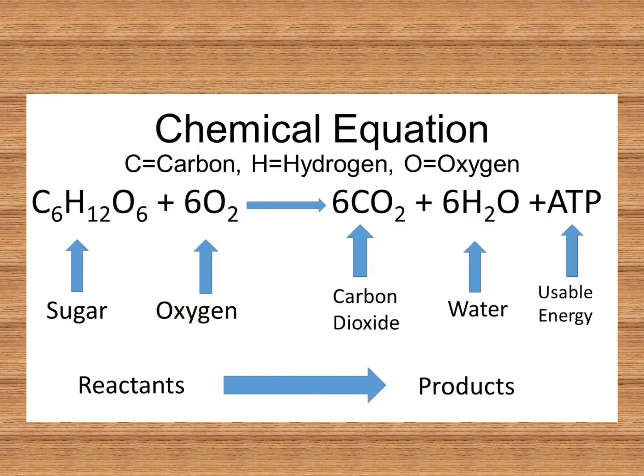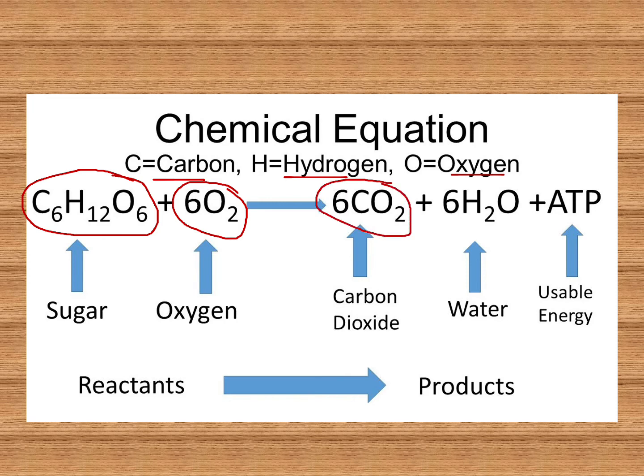So let's go into a little more detail into the chemical reaction of aerobic respiration. Each and every symbol is mentioned here, children. C means carbon, H means hydrogen, O means oxygen, okay? So 1 molecule of glucose, what is the formula of 1 molecule of glucose? C6H12O6. Reacts with 6 molecules of O2, oxygen gas. Gives you 6 molecules of carbon dioxide, 6 molecules of H2O, that is water, and ATP, that is the energy